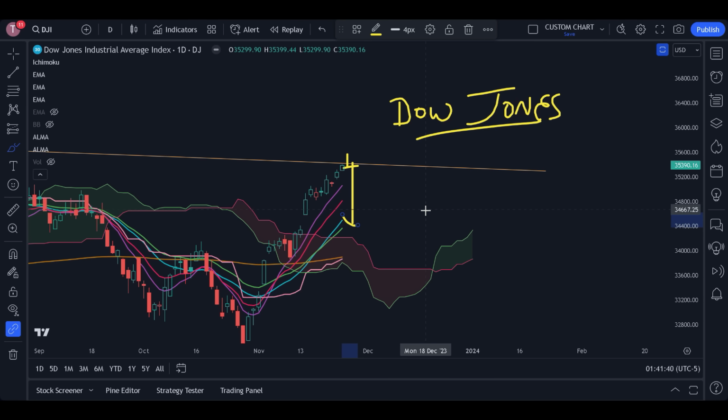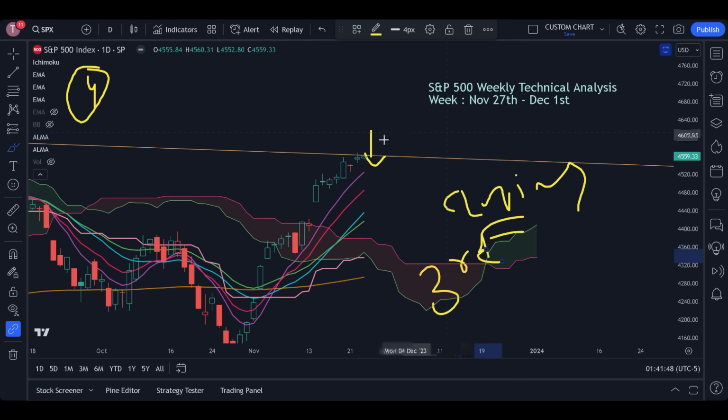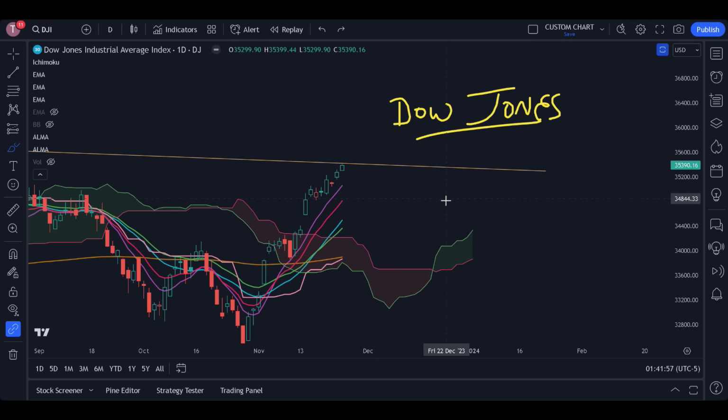Simple. Now, what will be the condition that can help these indices to sustain and move up further? The condition will be another closing above the trend line. This closing must be seen in both indices. There are no ifs and buts. This is a plain and simple condition. Both the Dow Jones and the S&P 500 must give a proper closing above the trend line. If only one index gives a closing above the trend line, then no. Both indices must give a proper closing above the trend line.